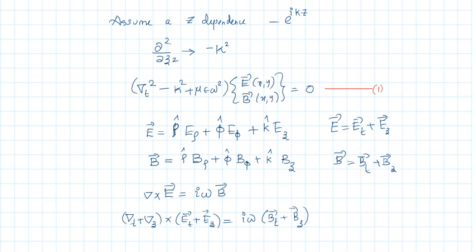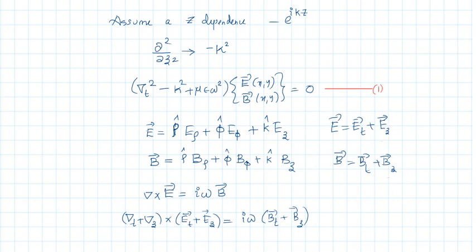Now E, the electric field in cylindrical coordinates, is the component along rho into rho cap plus the component along phi into phi cap plus the component along z into k cap. Similarly, B is B_rho rho cap plus B_phi phi cap plus B_z k cap. So again, split this electric field and magnetic field into two: one along the axis of the waveguide, Ez, and the remaining terms, Et. The magnetic field also you can split into Bt and Bz.